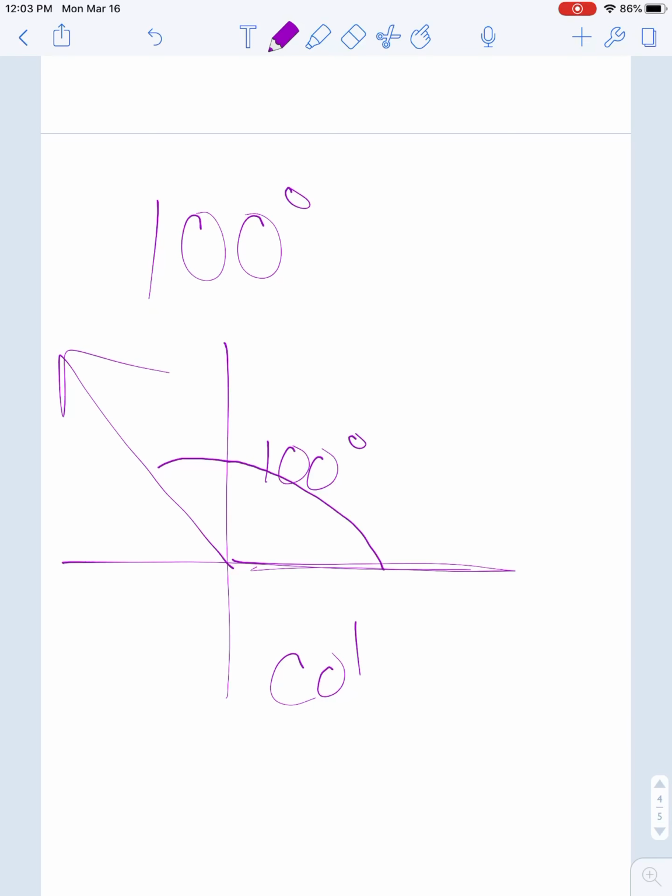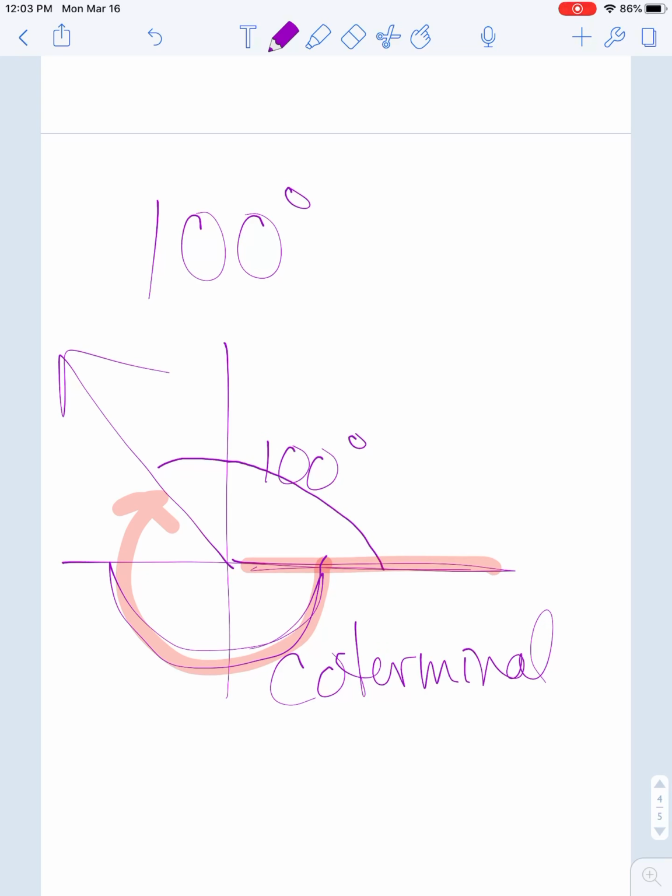So what is coterminal with 100 degrees? Negative angle now. So I'm thinking to myself, okay, I'm going to start here, and I'm going to rotate down and around. Well, this is negative 180 to there, and I got to figure out how much more to get there. Well, you can see these two angles here are supplementary. That little angle is 80, because 180 gives me 180. So here I'm going to go negative 180 and another 80. So what is that? Negative 260 is coterminal